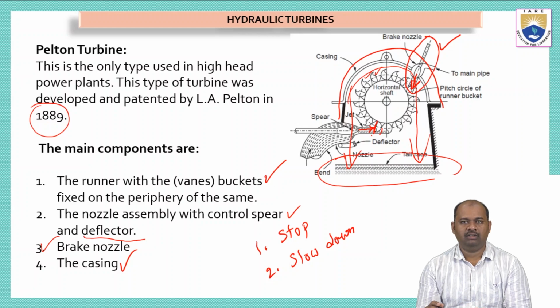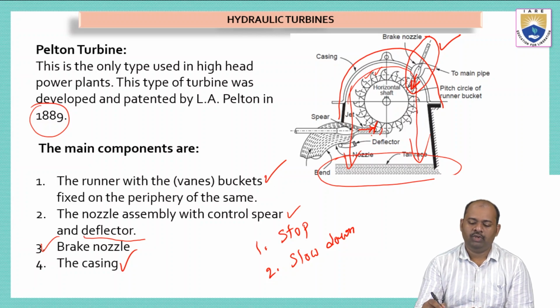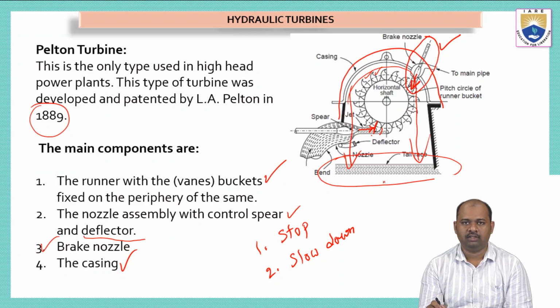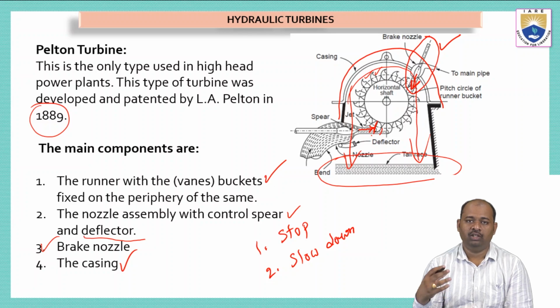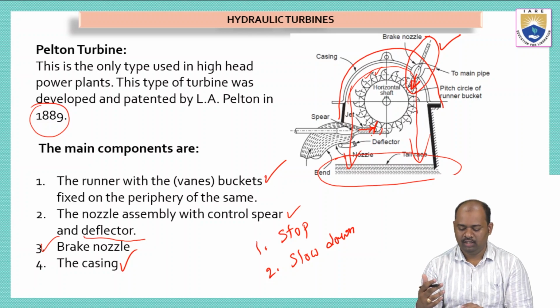So the basic concept of this turbine is, water coming out of the nozzle will touch the bucket and the bucket will move. Eventually it will rotate the turbine. Okay. Now we have a casing which will collect the water and the water will be collected in the tail race. And we have a braking nozzle which will reduce the speed of the turbine by applying the water jet force on the back side of the bucket. Okay. Now,